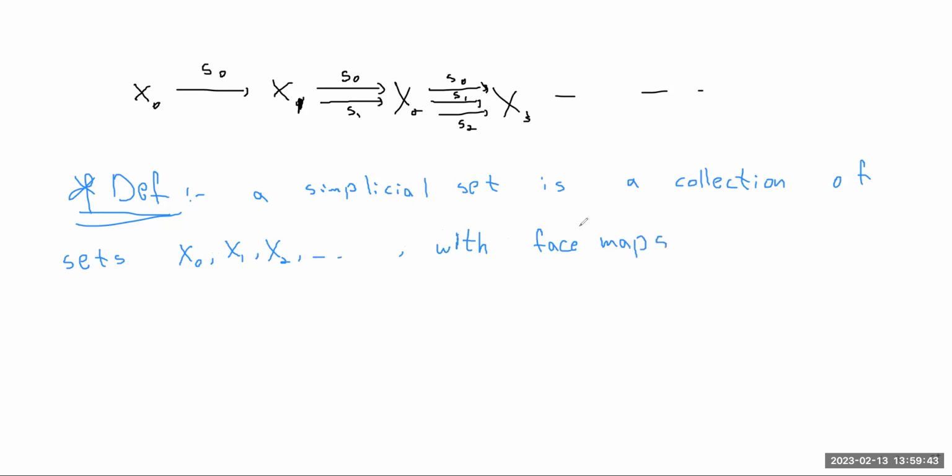We still have face maps. We just improved ourselves by adding the degeneracy map. So we still have face maps, again from xn to xn minus 1, we have di such that i from 0 to n. And these maps,